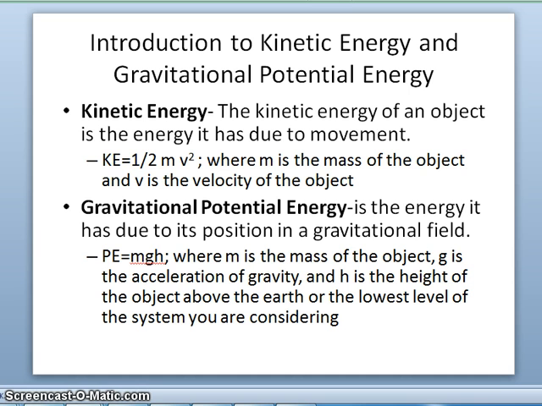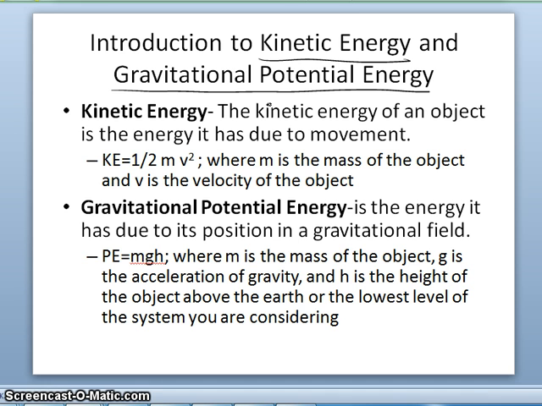This video is about two different types of energy: kinetic energy and gravitational potential energy. So kinetic energy is the energy of an object that it has due to movement. So if an object is moving, it has to have kinetic energy. We define it mathematically as 1/2 mass times its velocity squared, where mass